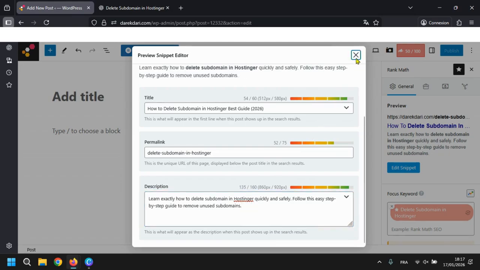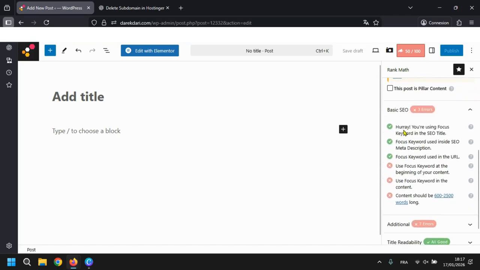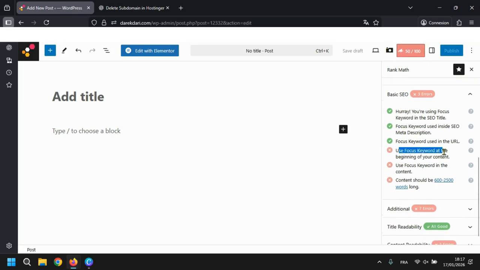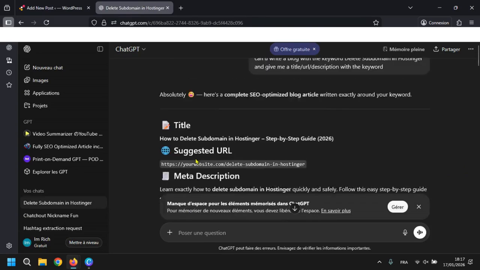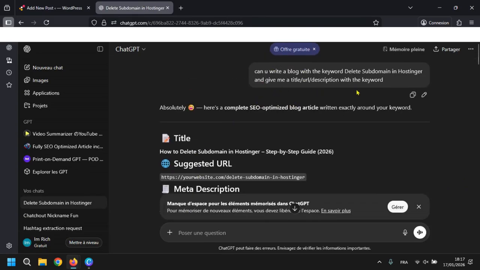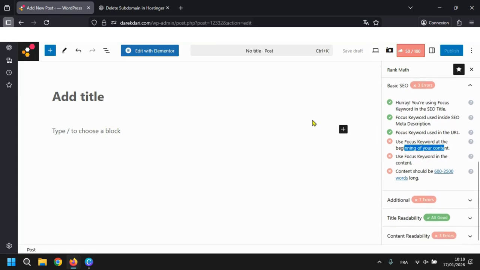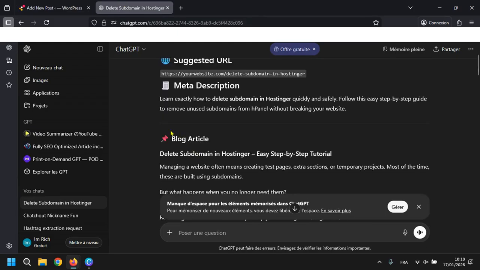It will be better. And as you can see here, we still only got 50 points, and that's it because the focus keyword is still not in the beginning of our content. So it's better also when you write this prompt, tell it that please, the focus keyword, I want it in the beginning of the content, but also we still don't have a content. So what we're going to do is,